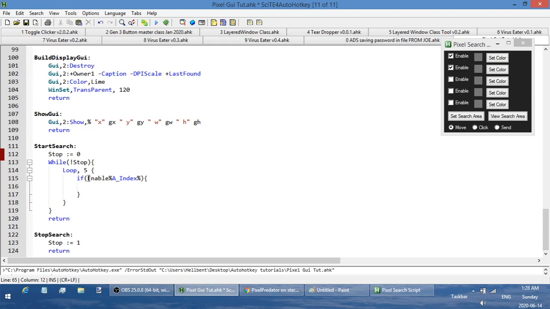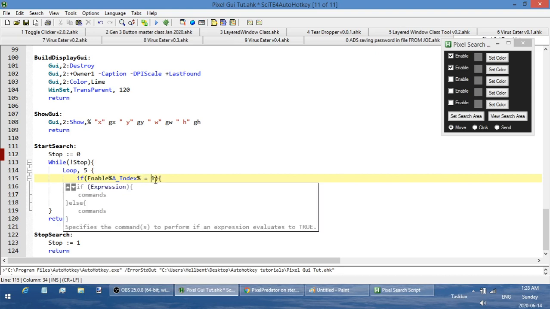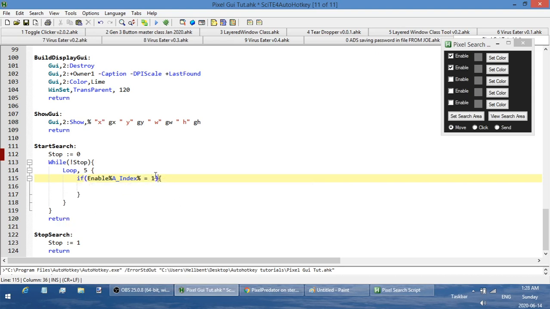That's the same thing here, if enable 1, 2, 3, 4, 5, right? But I can also say if that equals 1. They're equivalent. It's the exact same thing. Or in this case, it's the exact same thing. Because what if it equaled 2? Then, if that's enabled, if whatever loop it's in, if that checkbox is enabled,